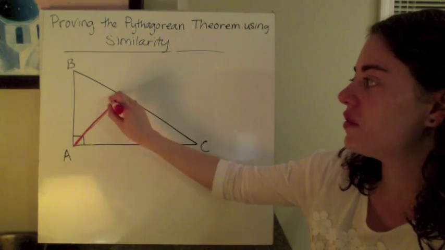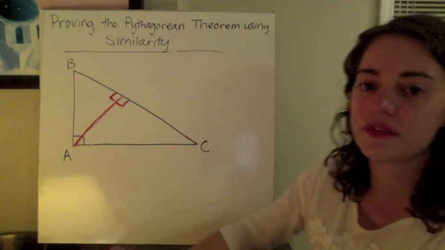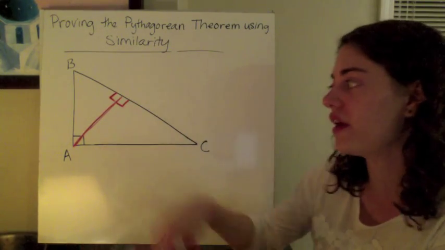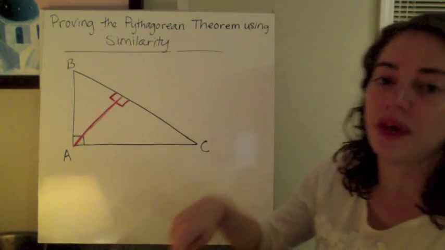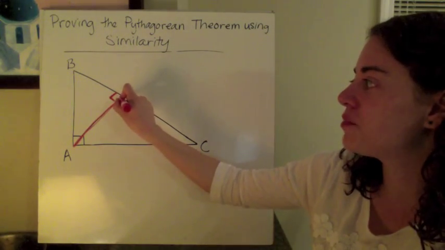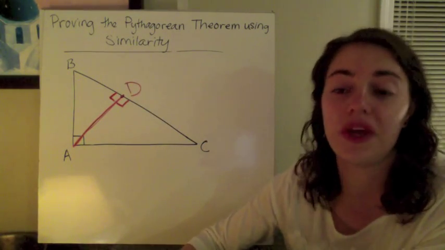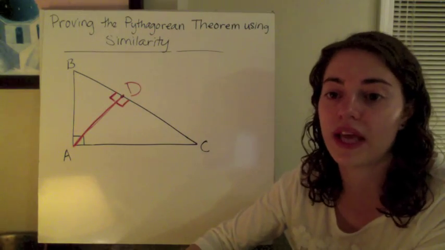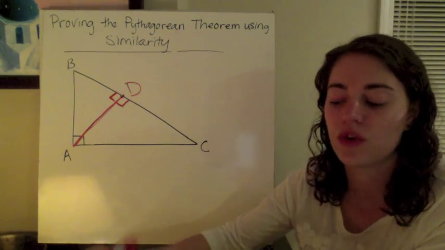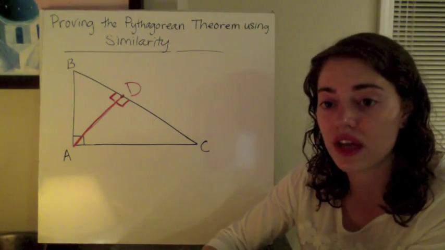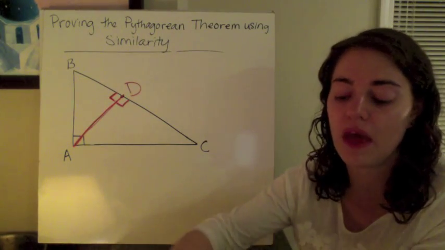So these two angles right here are 90 degrees. This is the height of the triangle if I were to have this be the base. I'm going to label this point right here D. We know that we can prove triangles similar using angle-angle similarity. So all we need for that is to have two angles congruent, and then our